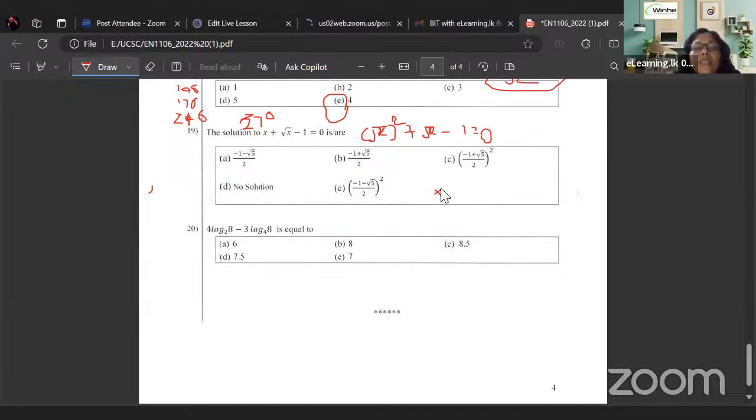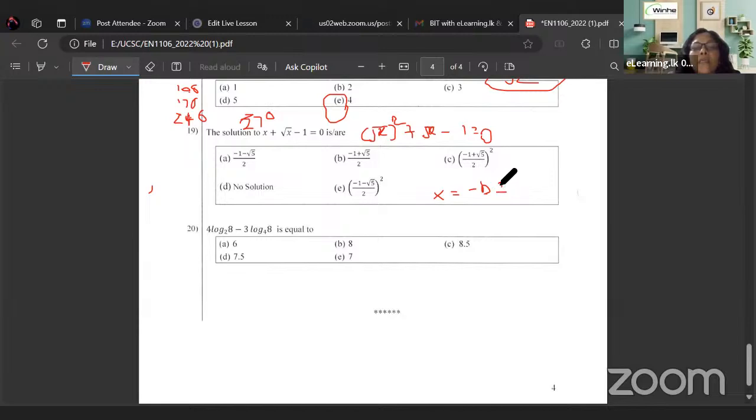Now we have considered square root x as the unknown. When you are finding a solution for a quadratic equation, the solution can be minus b plus or